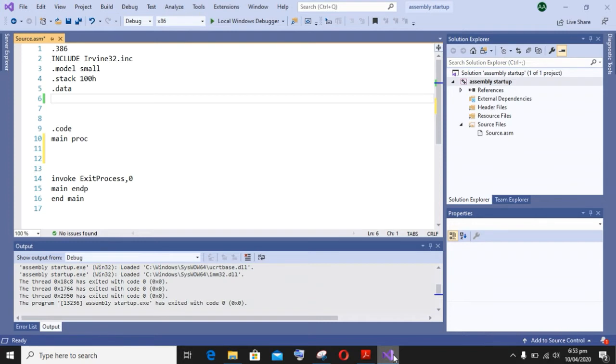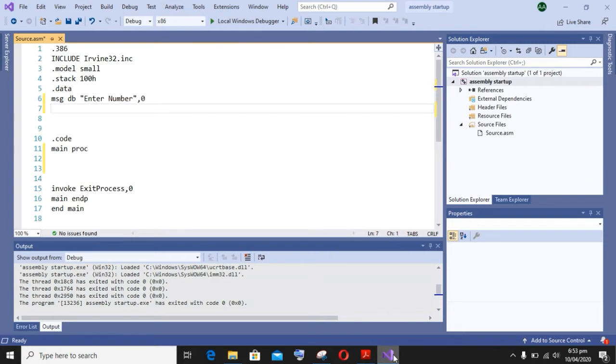Today our video topic is how to display a table of any number in assembly language while using different types of registers. So let's begin our topic. First of all, we will display a message on our screen, that is, enter a number,